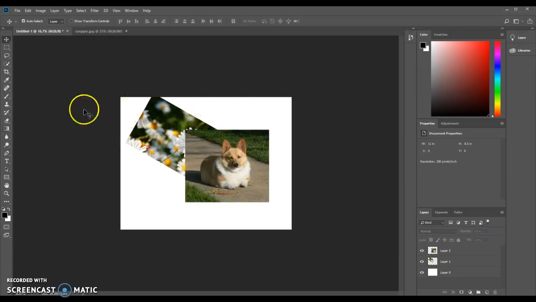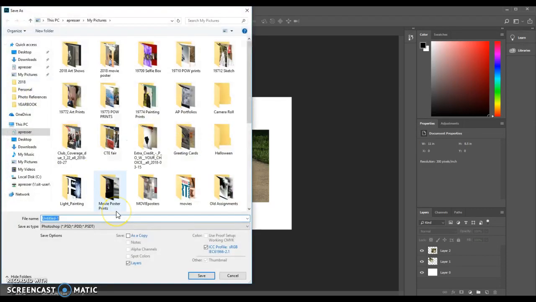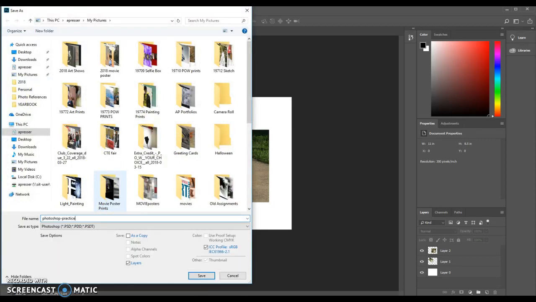All right, so we need to save. We've done some things now. So for number 13, we're still working on a project. We're not done. This is what you're going to do the first time you save something. You're going to go to File, Save As, and I'm going to name it something that makes sense. So Photoshop Practice